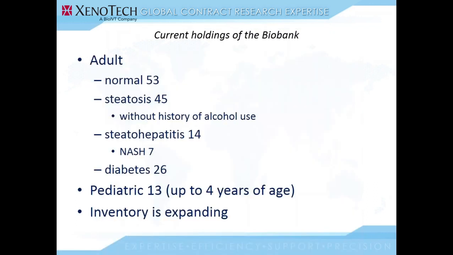Lastly, I would like to let you know that our bank contains adult and pediatric tissues. Currently, we have 53 adult specimens of normal tissue, 45 steatosis, some with and some without alcohol history. We have 14 cases of steatohepatitis, 7 of them being NASH, and we have 26 cases of diabetes dispersed into these different categories. On NASH, I would like to tell you that